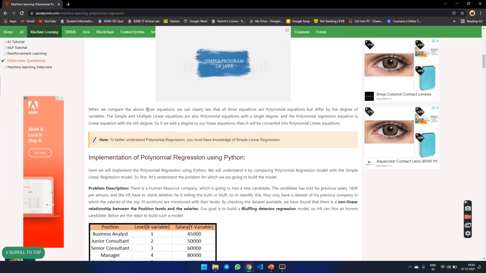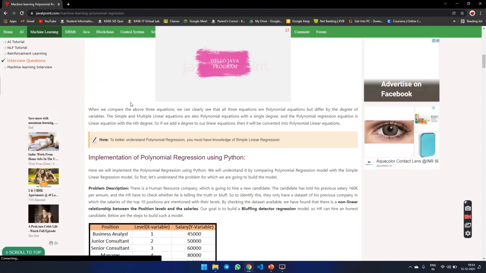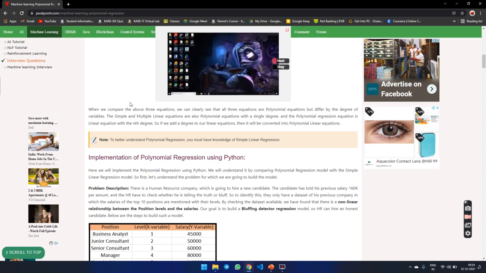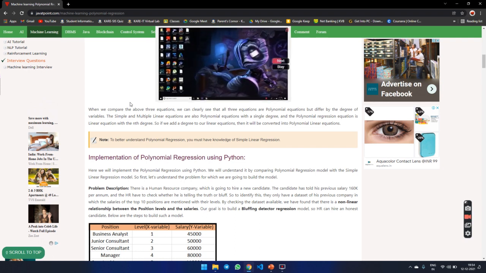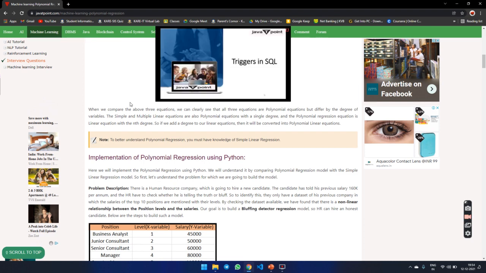We are comparing all three equations. We can clearly see the three equations are polynomial equations, but they differ in the degree of the variable. The simple and multilinear equations are polynomial equations with a single degree, and polynomial regression is a linear equation with nth degree.